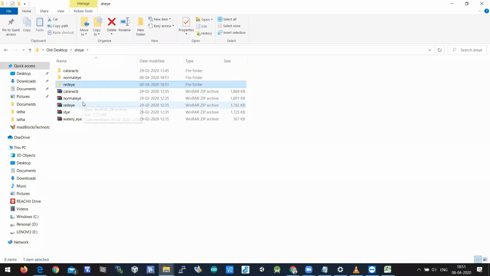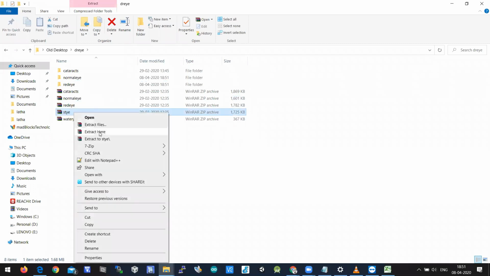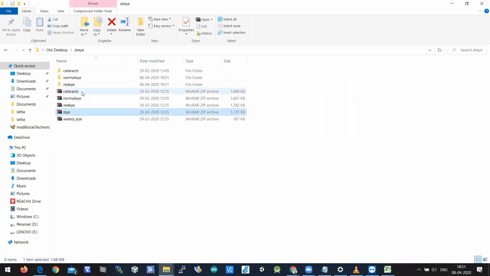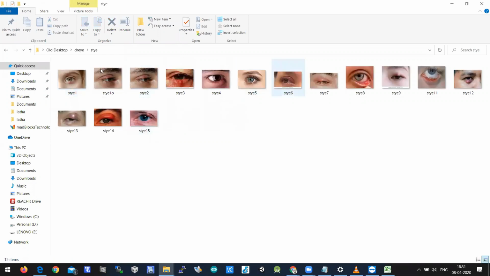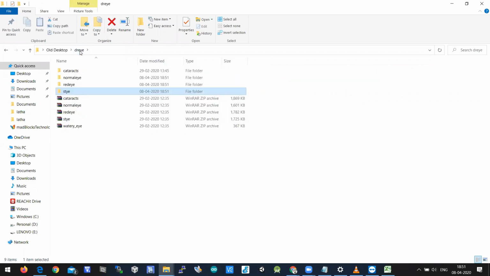In a similar way, you'll have all the data sets here, and you need to prepare them. If you want to do your own custom classification, you need to create your own data set. You need to identify what diseases are available for the eye, and check all the data related to those diseases.